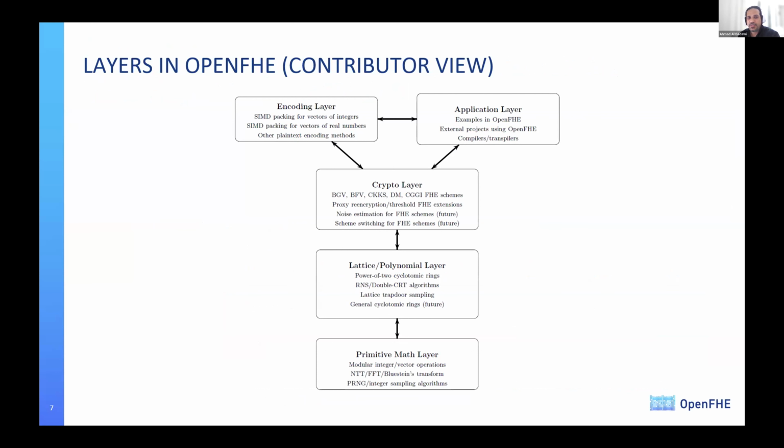And on top of that comes the crypto layer that implements the schemes. And on top of it, the layers that the user can interact with, known as the encoding layer and the application layer. The encoding layer is for encoding the data to be compliant with the FHE schemes, and the application layer is to actually implement the problems you are interested in with OpenFHE.